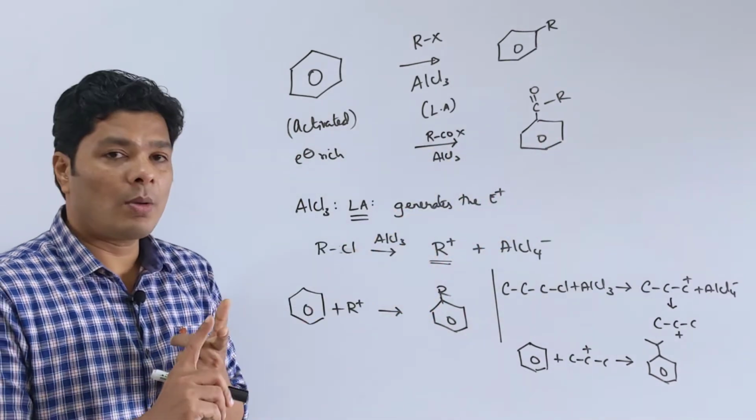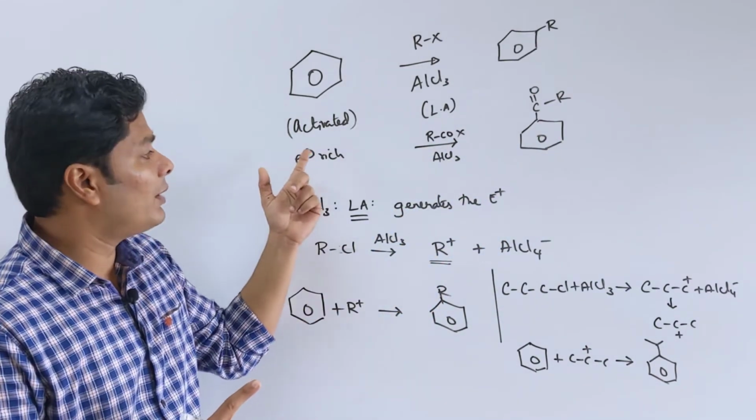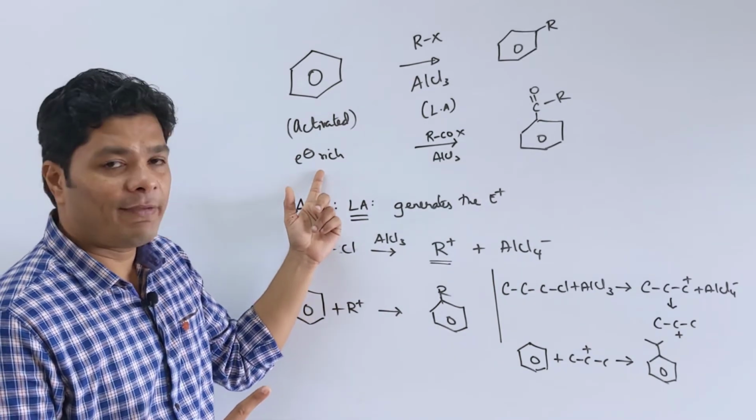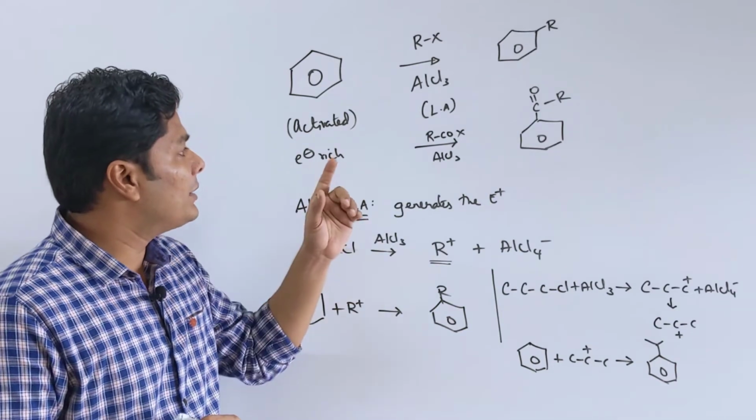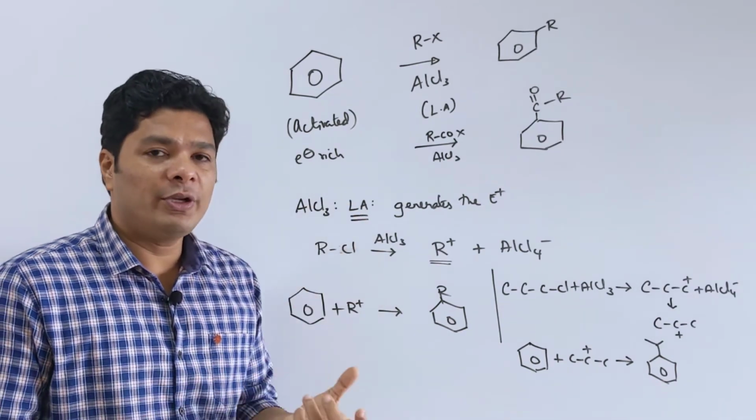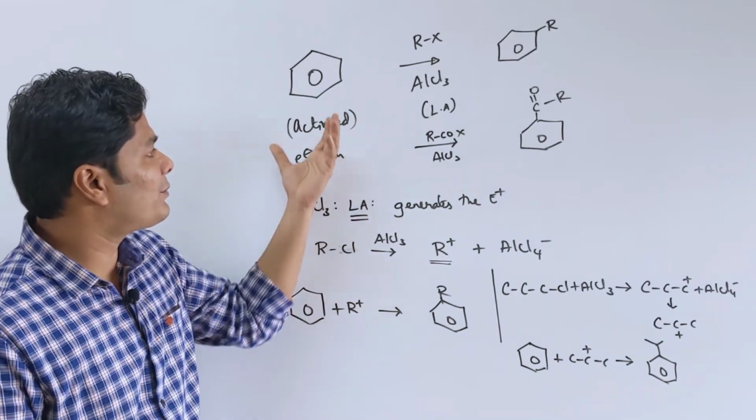So this is one drawback of our Friedel-Crafts reaction. I cannot have a deactivated group. The other most important point that you want to know is the most activated compound that we know when I simply substitute the benzene ring is